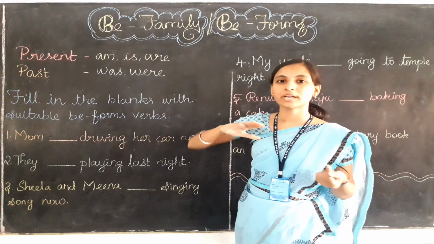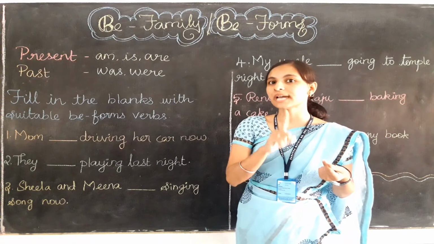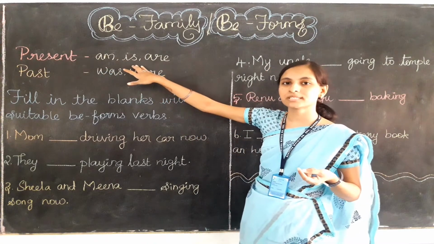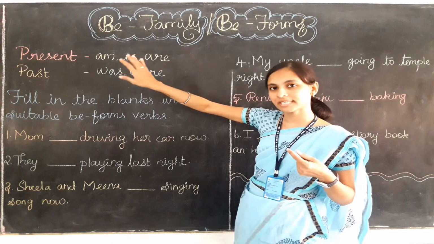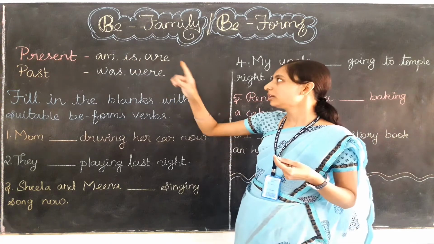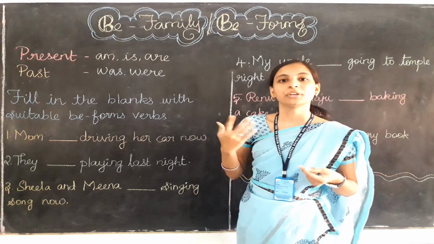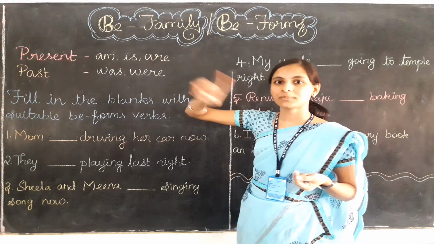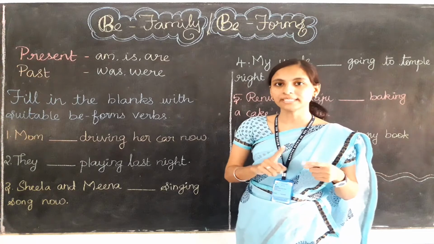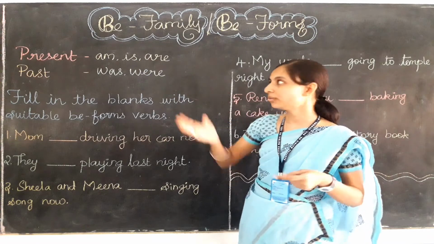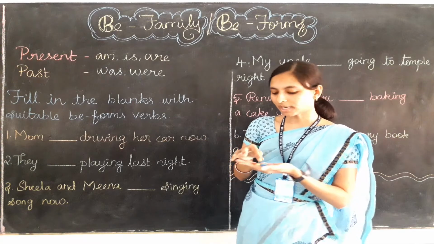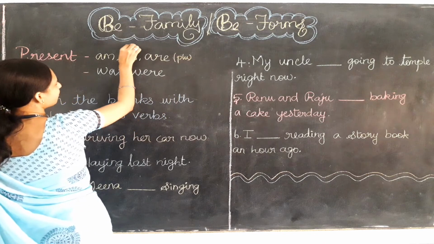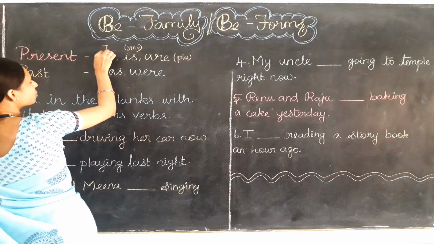And where do we need to use am? Yes, with the subject I if we are talking about the present time. When we are talking about the present time and the subject is a singular noun like he, she, it or any singular noun, there we need to use is. For all plural nouns we need to use are for the present time event. Remember that am can be used only with the subject I, is with singular nouns, and are with plural nouns. In brackets I am going to write: are is plural, is is singular, and am can be used with I only.